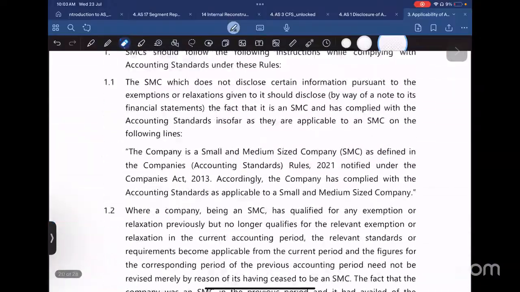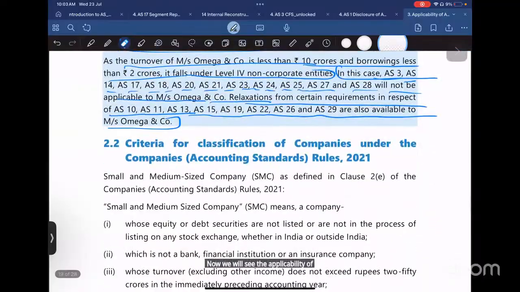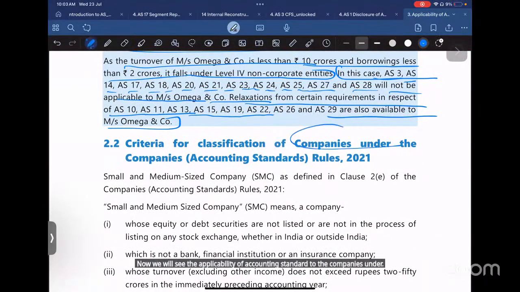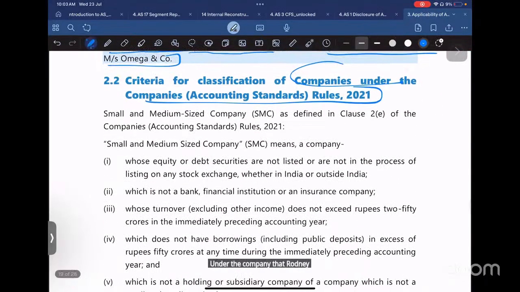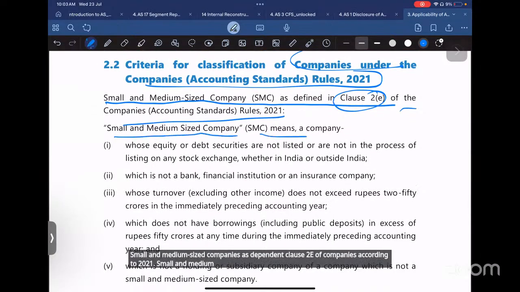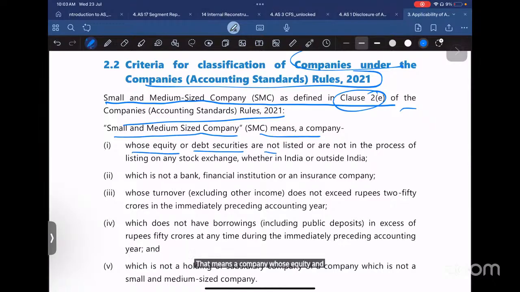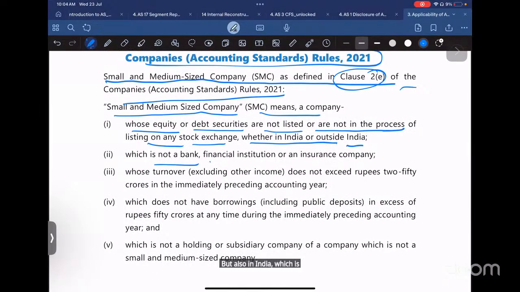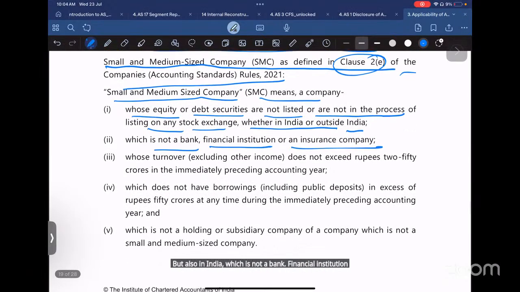Now we will see the applicability of accounting standards to companies under the Companies (Accounting Standards) Rules 2021. Small and medium-sized companies, as defined in Clause 2(e) of the Companies (Accounting Standards) Rules 2021, essentially means a company whose equity and debt securities are not listed or not in the process of listing on a stock exchange, whether in India or outside India, which is not a bank, financial institution, or an insurance company,